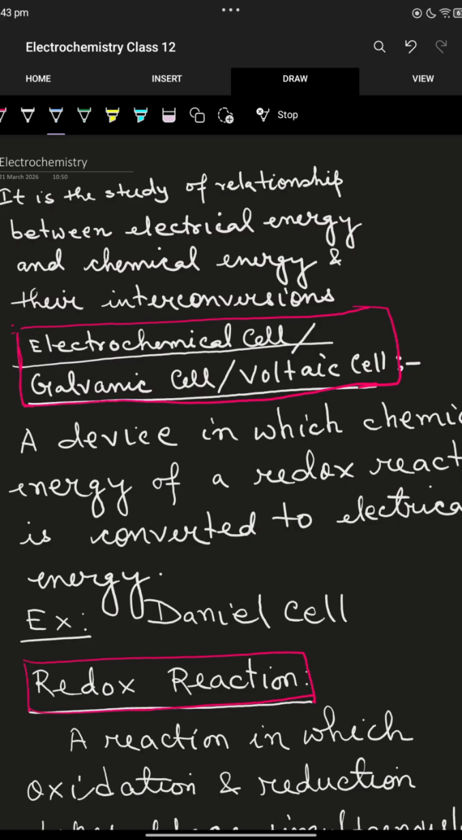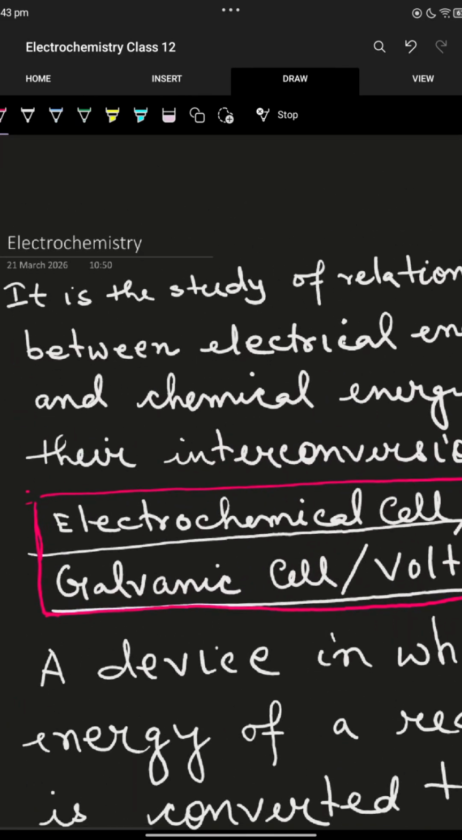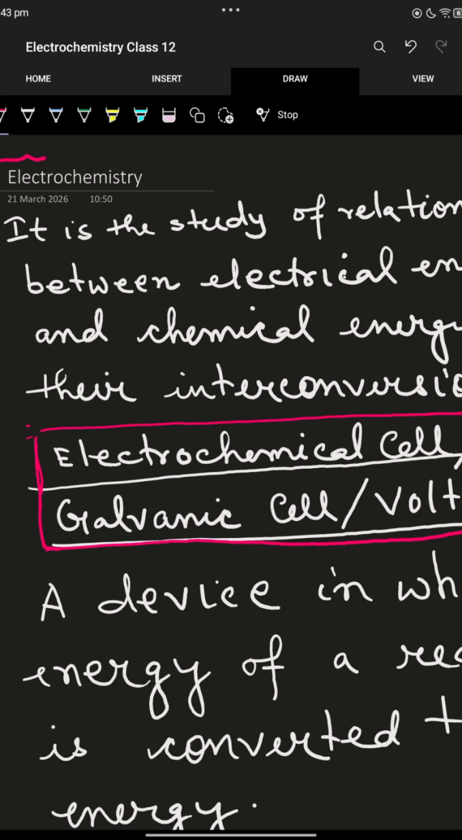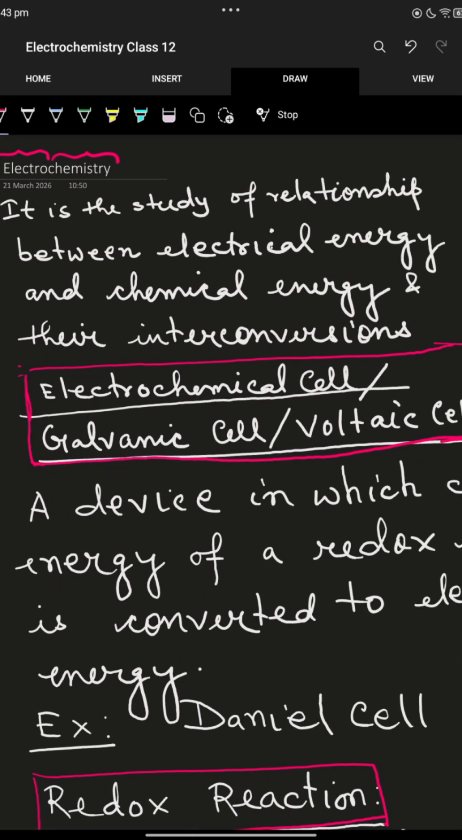The topic that we are going to discuss today is electrochemistry, which is a unit of class 12, chapter 2. Now, it is the study of the relationship. Electro means what? Electricity. The term electro means electricity. Chemistry means something related to chemical reaction. So, it is the study of relationship between electrical energy and chemical energy and their interconversions, means electrical to chemical